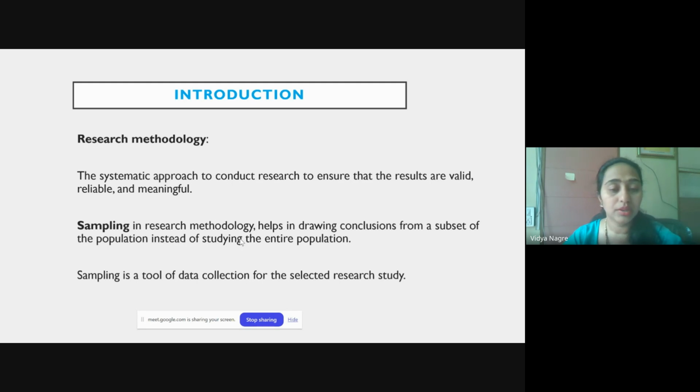Now there are two kinds of perspectives in this. Sampling is one of the tools in research methodology which helps in drawing conclusions from a subset of the population instead of studying the entire population. Sampling is a technique or a tool of data collection in a selective research study. So let's say